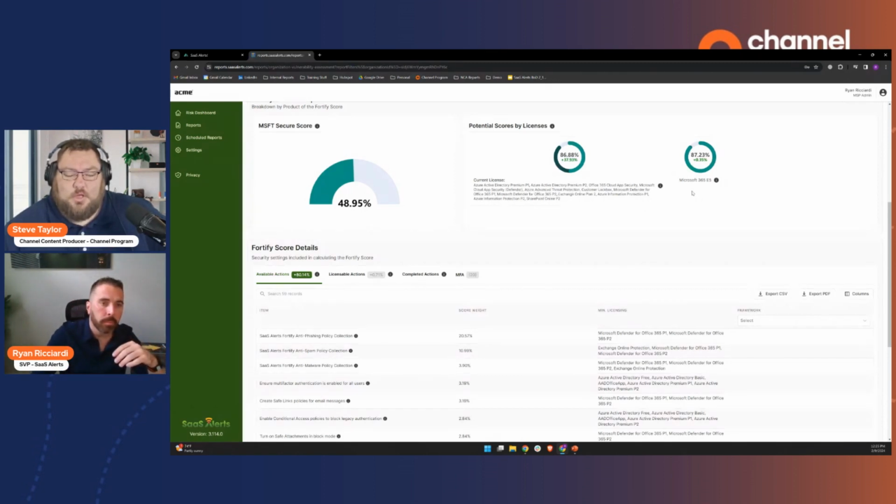Can I go on a little tangent journey for a moment? Please. I think one of the things that separates a good MSP from a great MSP is simply communication. A good MSP is using SaaS Alerts, and it'll see all these recommendations, and it'll implement them. And they're a good MSP because they've implemented all the changes. But what they haven't done is communicate with that client and gotten buy-in.